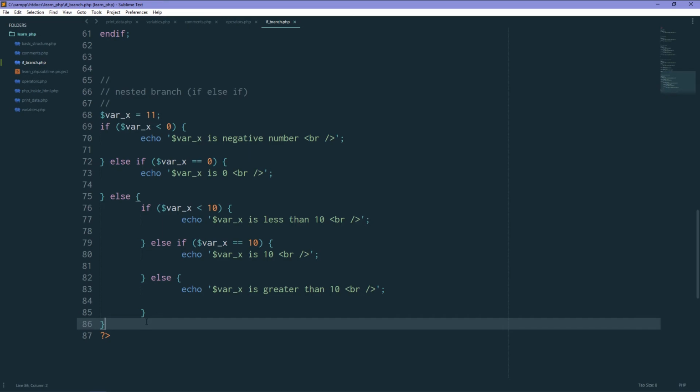And learning a programming language is like learning another language. You must see the example over and over again to understand the concept, and you also must practice a lot. Okay, I think that's it for if